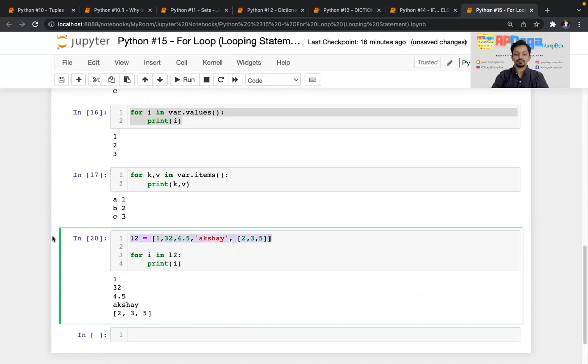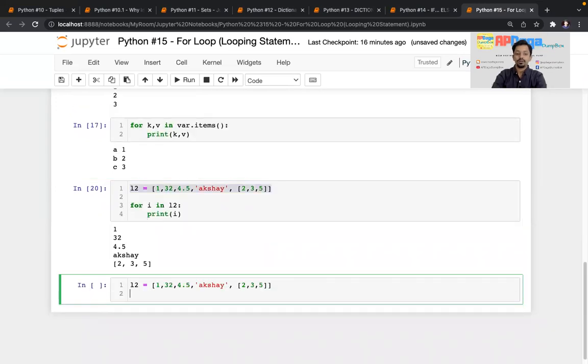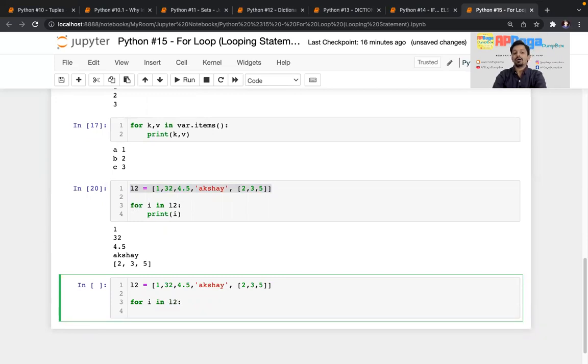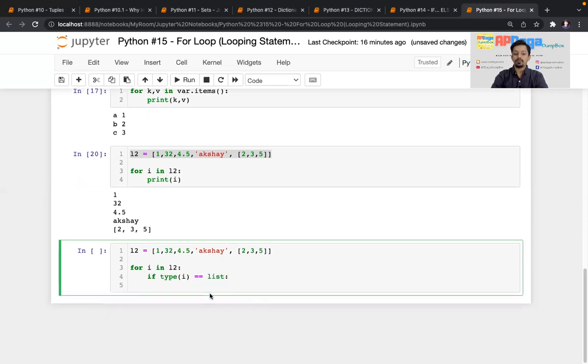I'm just copying this. Okay. And I'll write from the script. For i in L2, I'll check whether the internal element is list or not. If it is list, then only we want to enter inside it, right? So I'll check if type of i equal to list, right? Then what I'll do, I'll again use a for loop for that element. So I'll write for j in i,